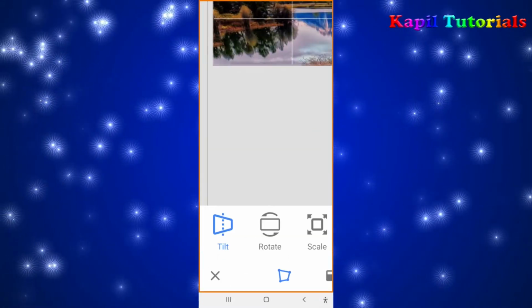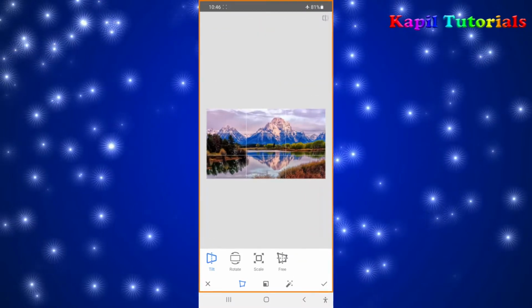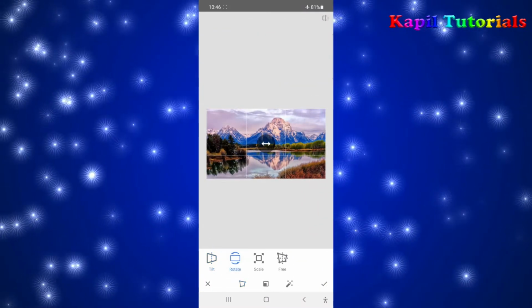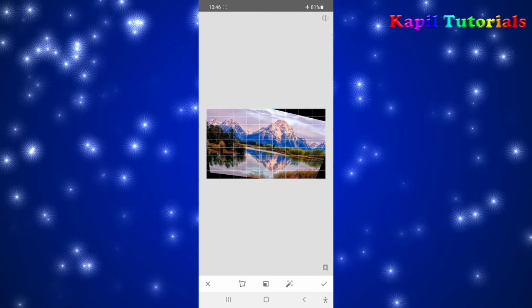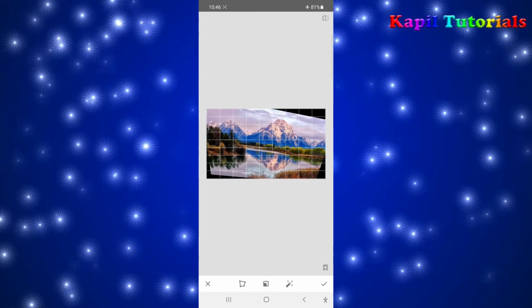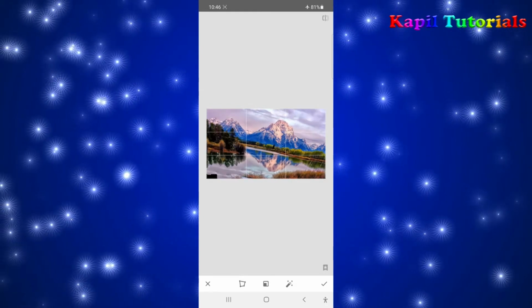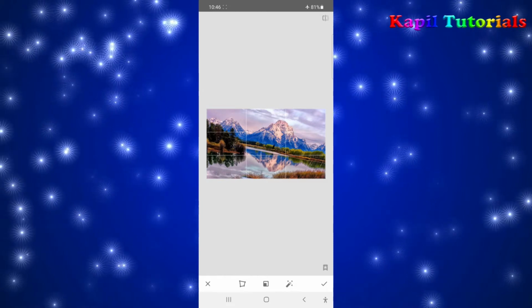Then after tilt, rotate. Click on rotate and just see. Just move your finger a little upside, it will start rotating. You could feel the difference.